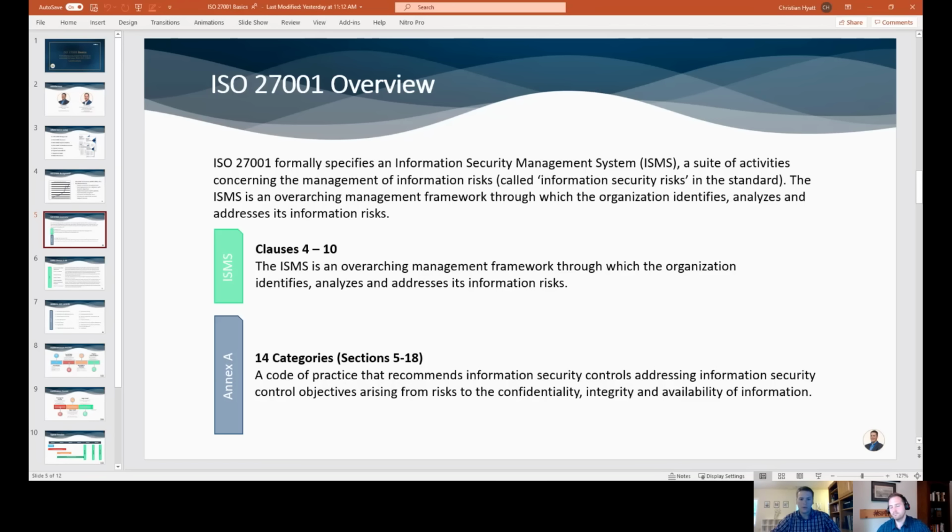Yeah, absolutely. It's broken down. If you look at the official ISO documents, you'll see two really that pertain to what we're talking about. There's 27001 and 27002. So the 27001 document goes into great detail around clauses 4 through 10, which is really the overarching management framework. This is essentially the structure of the program. You'll see things in there like the requirement for the ISMS, risk assessments, internal audit. It's basically the foundation that the program is built on.